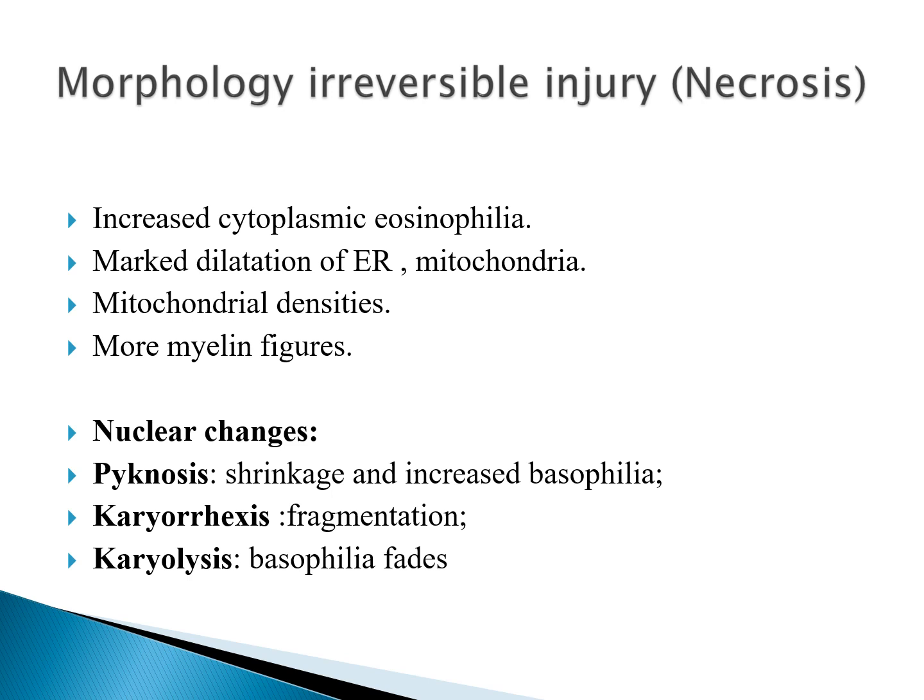And after this, sometimes the chromatin material will disappear. We call this karyolysis. The basophilia fades, so you will not see the nucleus anymore, and most likely this is as a result of DNase, the enzyme that dissociates the DNA material. So all of these changes can be seen in irreversible cell injury,